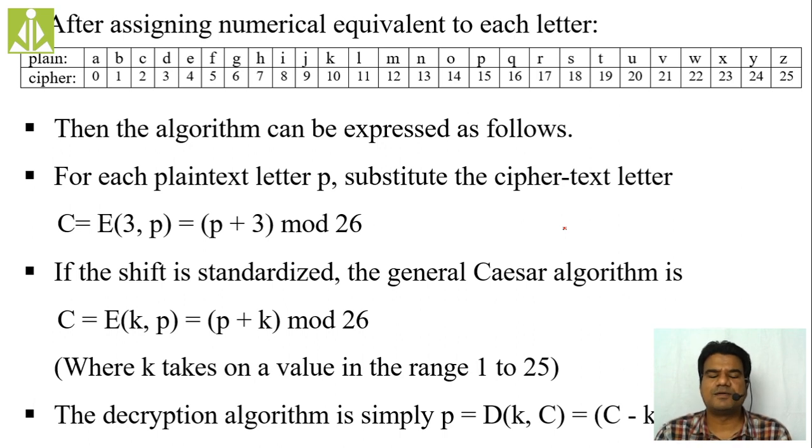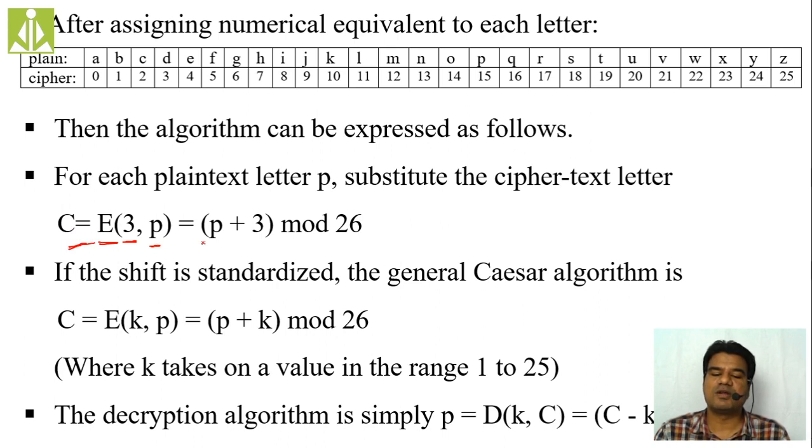After the discussion of this Caesar cipher, we can apply not only alphabets as a ciphertext, but also numericals. If we assume all the characters from 0 to 25, then the algorithm can be expressed as follows. We have to shift down 3 letters. To get the ciphertext, we are applying the encryption technique by simply moving 3 characters down on the plain text.